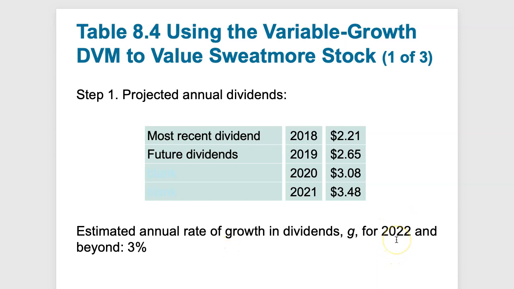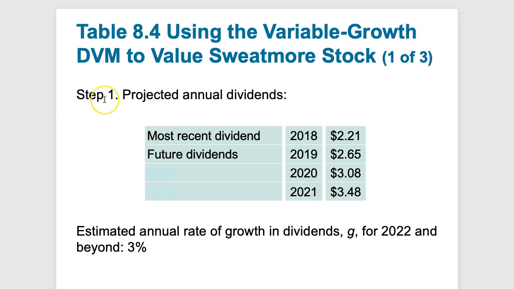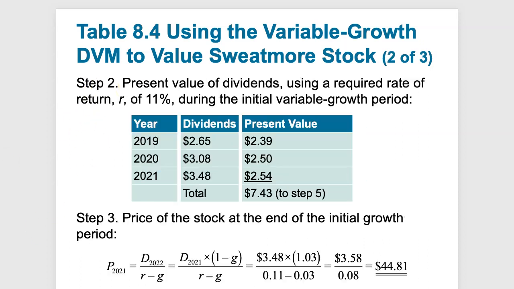for 2022 is going to be 3% and beyond. So we're going to have 3 years of variable growth, and then we're going to have a constant growth moving forward. Okay, so whereas this was step 1, in step 2, we would start off with, remember that R is 11% during the initial growth period. So if we want to continue, find the price of the stock at the end of the initial growth period